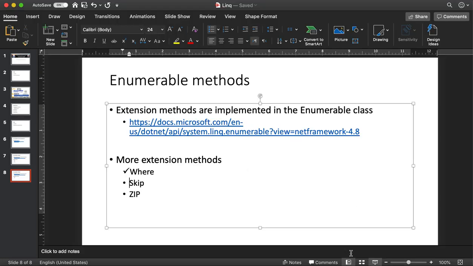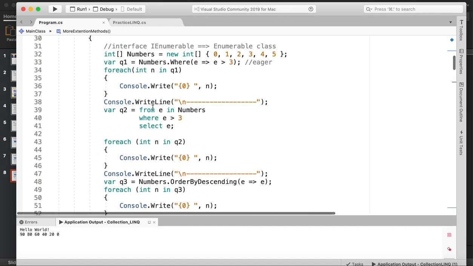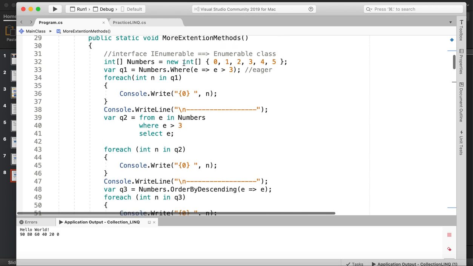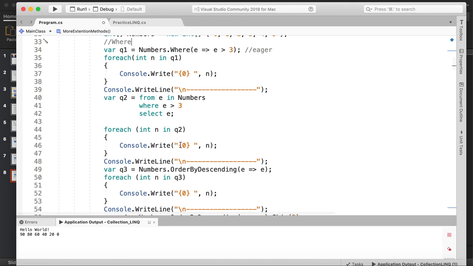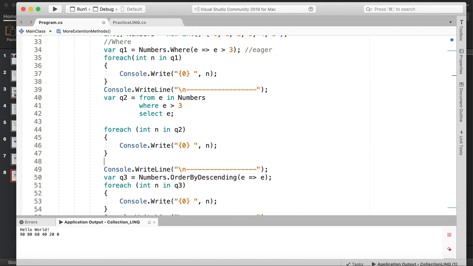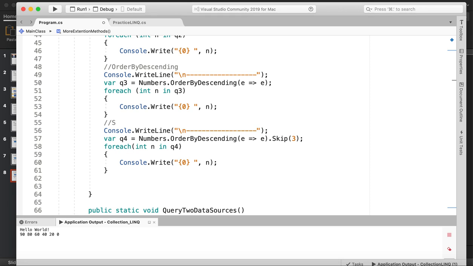All right. So we're done with skip. Now let's talk about zip. So here we talked about where, here we talked about order by descending, and here we talked about skip, and now let's talk about